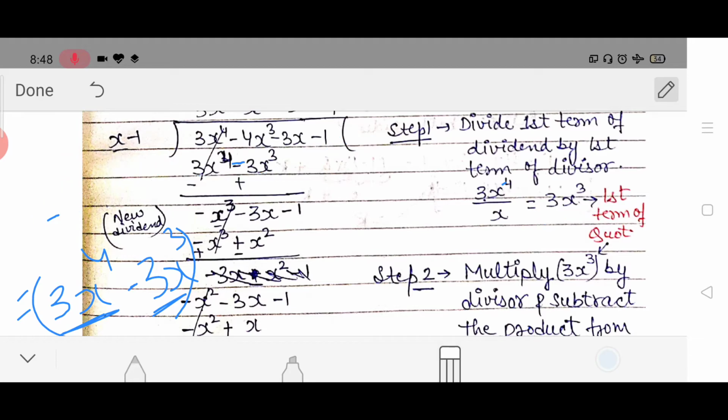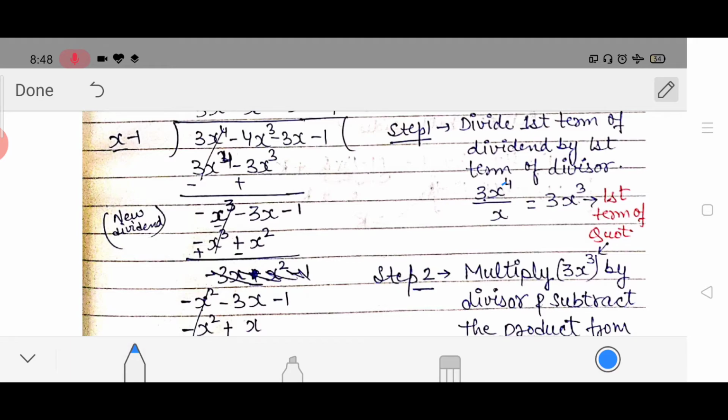Okay, it is very simple, you don't need to worry, because the first step was just simple. You just have to divide the first term by this and write the quotient's first term. In the second step, you have to multiply the quotient's first term by this whole divisor, and whatever result you get, you just have to write below the dividend. Then you have to subtract it. After subtraction, see here what you will get, this will cancel out. 4x cube plus 3x cube is minus x cube, because 4 is of greater value having a negative sign, that's why we have written here minus x cube.